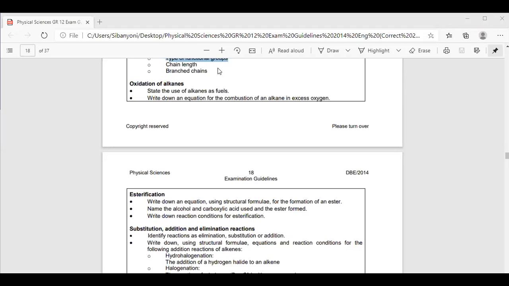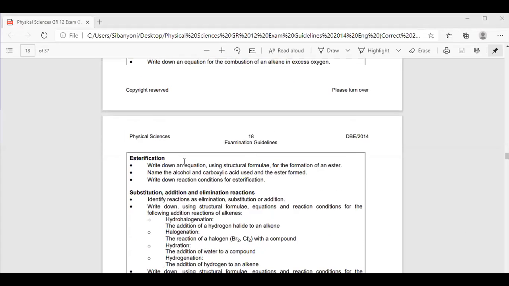When we look at petrol, petroleum gas and so on, your petroleum fuel, we know, my dear learners, it's a mixture of alkanes and also a lot of hexane in there, and that is why we say we use them as fuel. So that is the recall work. So if a question comes and we ask you, what is the importance of alkanes? Then you must tell us that alkanes are used as fuels altogether. Then we are going to look at